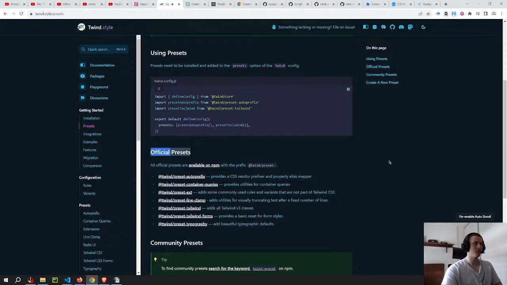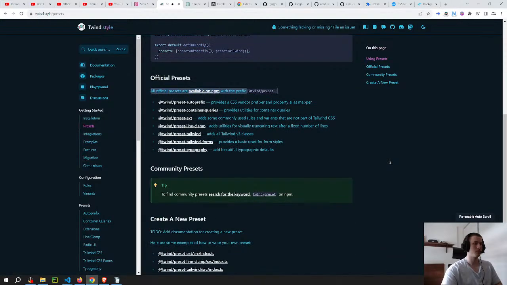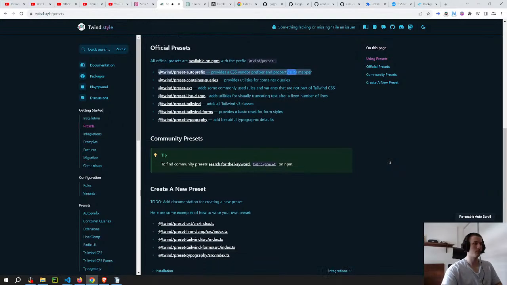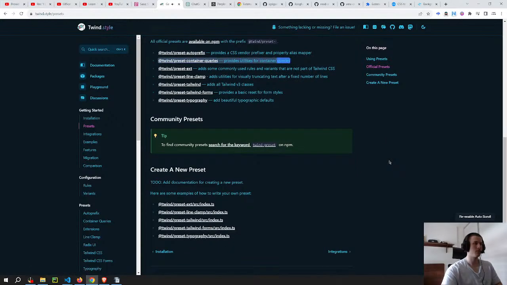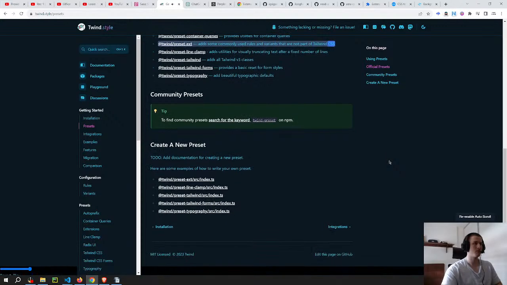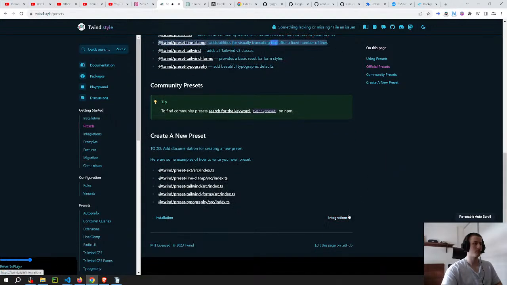Preset auto prefix. Preset tailwind. Official presets. All official presets are available on npm with a prefix of Twin/preset. @twin/preset auto prefix provides a CSS vendor prefix or in property alias mapper. @twin/preset container queries provides utilities for container queries. @twin/preset x adds some commonly used rules and variants that are not part of Tailwind CSS. @twin/preset line clamp adds utilities for visually truncating text after